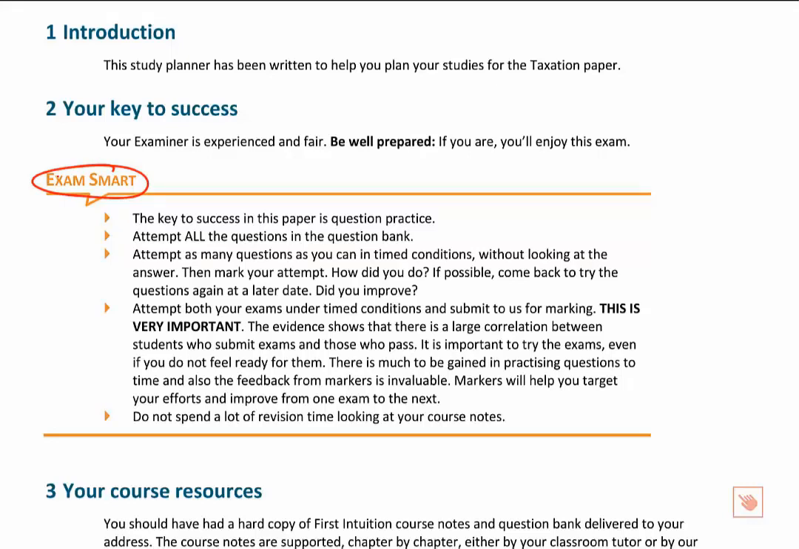Now, it's really important, as with any exam, that you focus as much of your attention as possible on question practice. You will of course need to work through the course notes for the relevant chapters to learn the technical material, to learn the tax rules. But as soon as you have learnt those tax rules, please do get into the question bank and start practicing